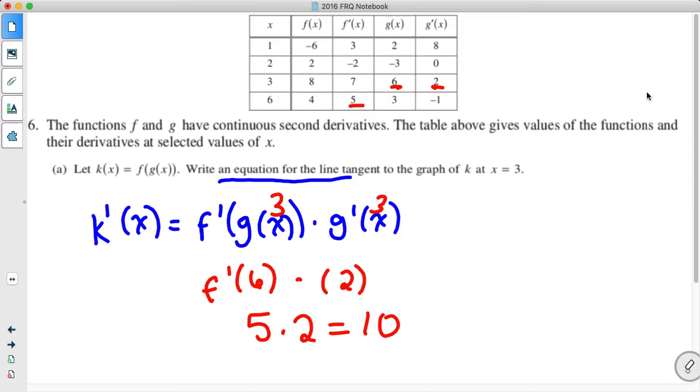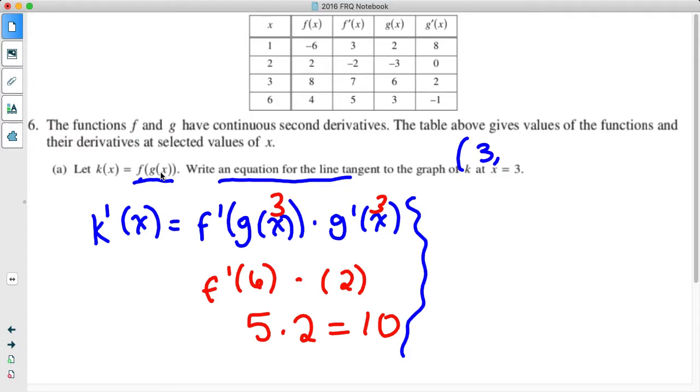Now that's not our answer, that's just the slope. We need to write the equation of the line, right? So we need to make sure that we have a point. Okay, so we have the x value is 3. We need to know what's the y value for k. So the y value for k, we're going to come back to this and see what do we get when